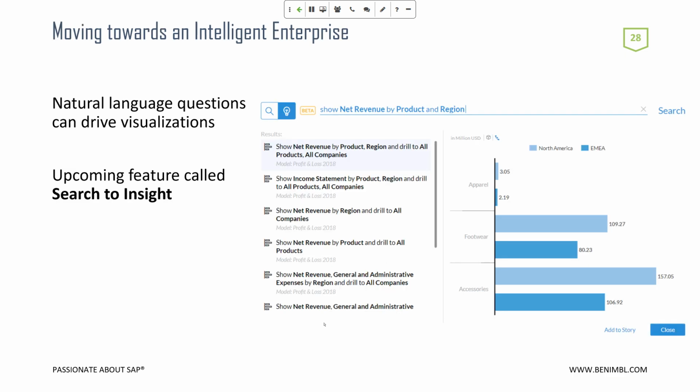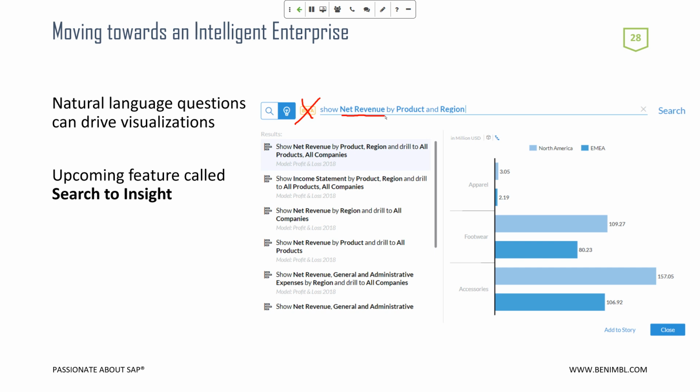A new feature that I'm really excited about, and it is no longer in beta, so we'll cross this out, this is productive, is the ability for a business user to use narrative language to build a chart or graph dynamically. So in this scenario, I'm typing the word show, and then I would hit my space bar, and I would be prompted to select what I want to show. I want to show sales. I want to show net revenue. I want to show discounts. I want to show